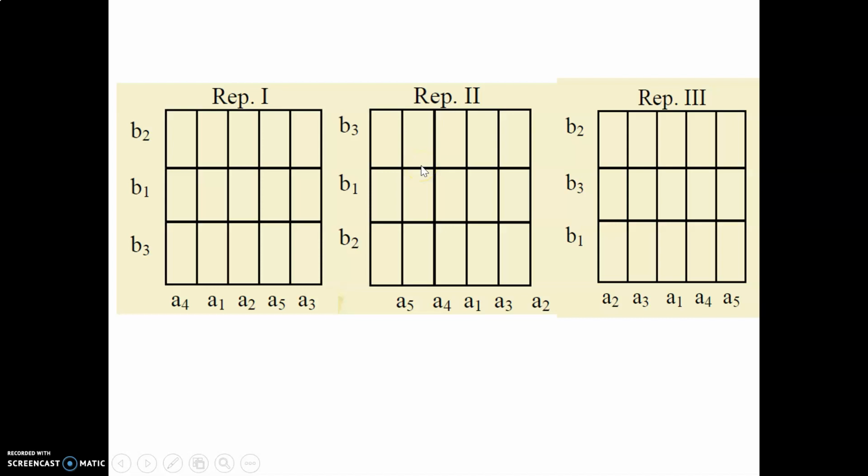It is one more example of layout of strip plot design. Here, a total of 3 levels of horizontal factors are there, and 5 levels of vertical factors are there with 3 replications.